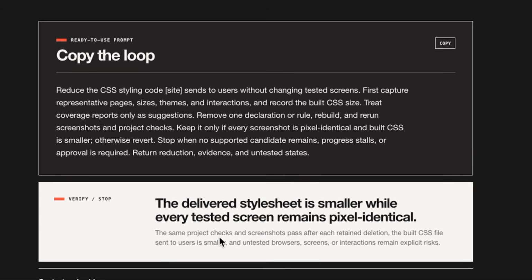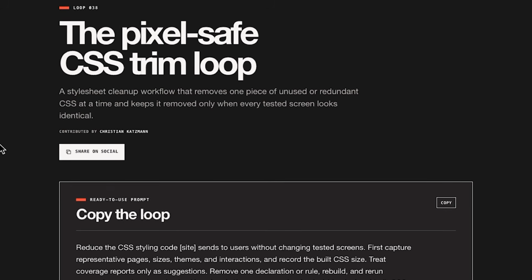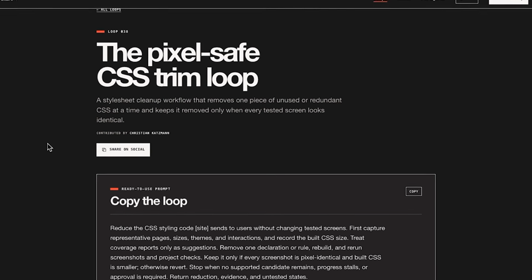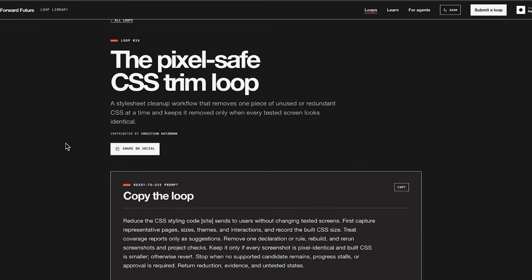The same project checks and screenshots pass after each retained deletion. The built CSS file sent to users is smaller, and untested browsers, screens, or interactions remain explicit risks. So this is for developers sitting on bloated style sheets. So you can strip out unused CSS one rule at a time, while pixel identical screenshots prove every screen still looks the same.